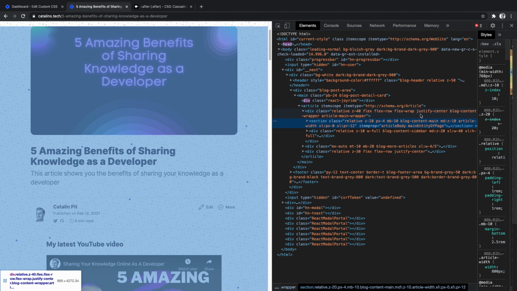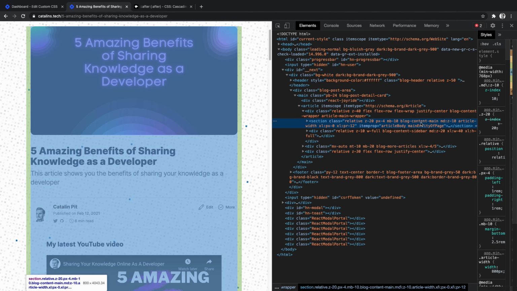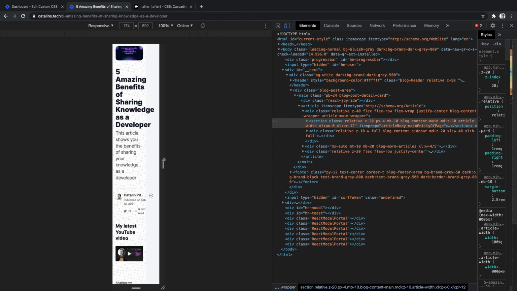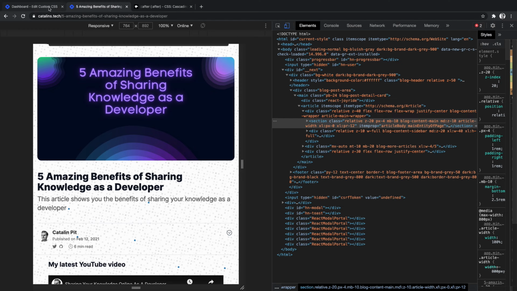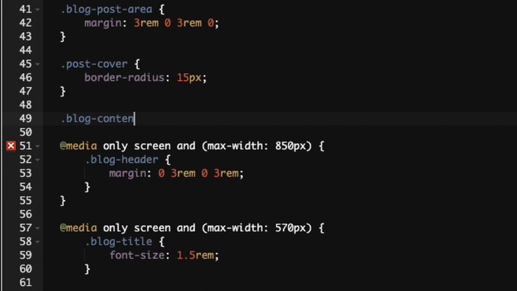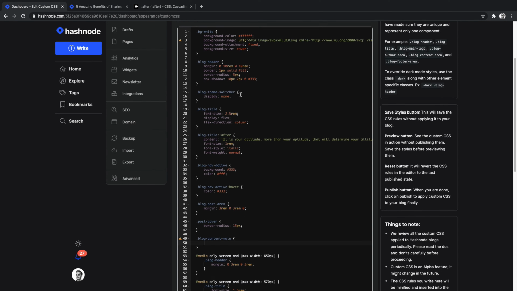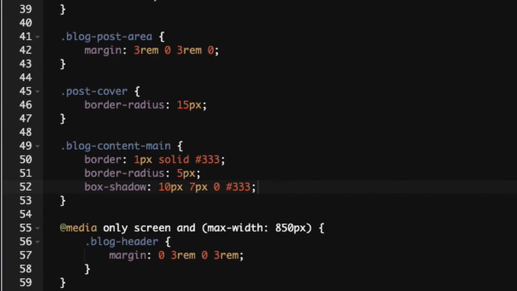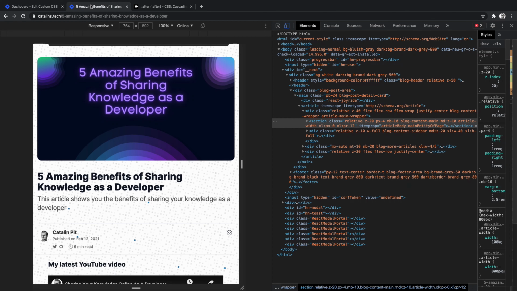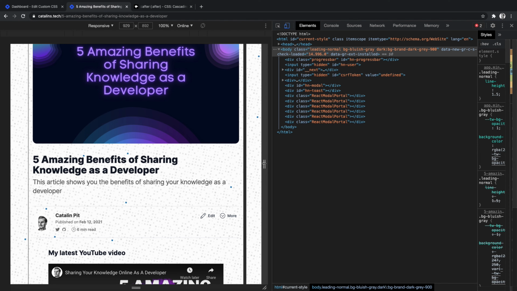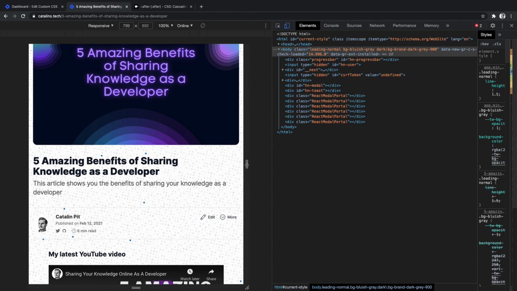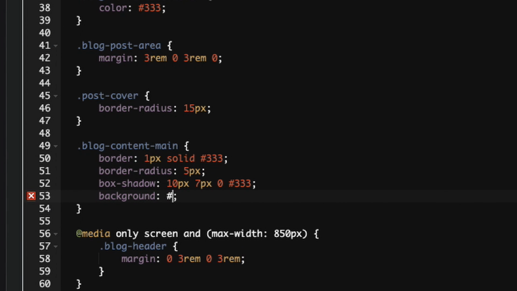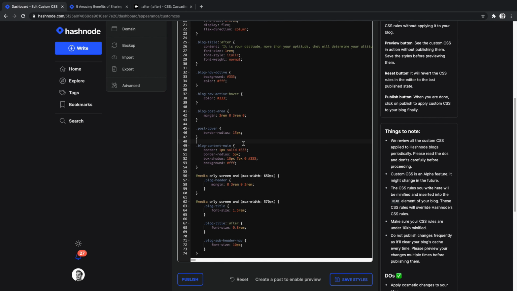And this is the blog content main, and this is what we are going to customize. Let's see how it looks in mobile view at the moment. It seems to work fine, so let's do that. Let's target blog content main. Let's copy the same styling, which is this one, and let's see how the changes look like. Okay, we have this, but now we have to add some margin. 800. Okay, let's add a background first. Background triple F as always, and maybe some padding